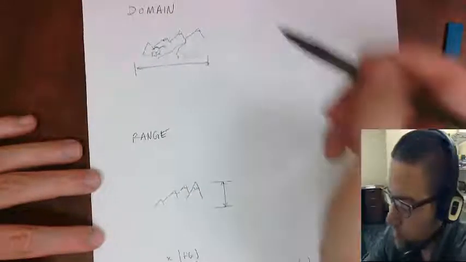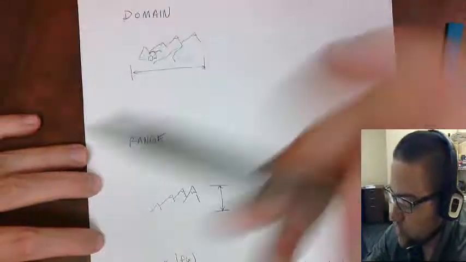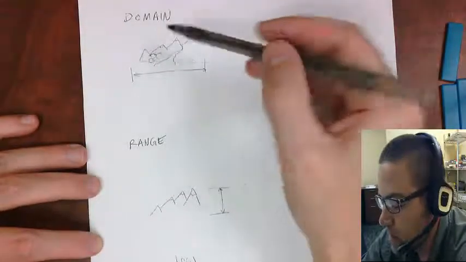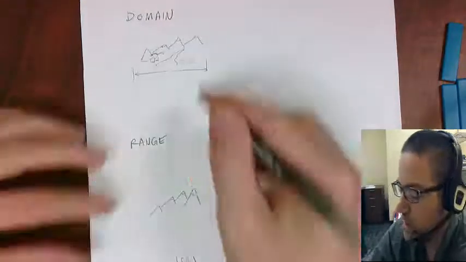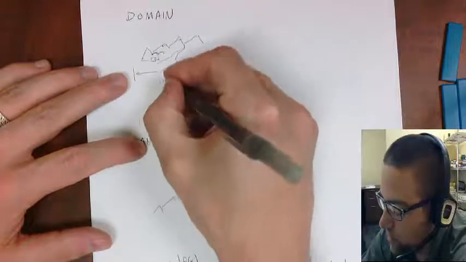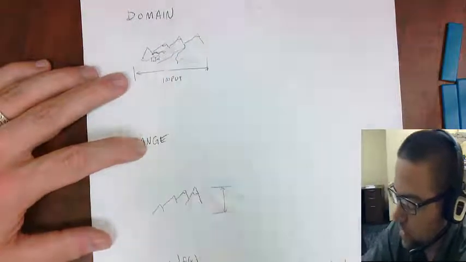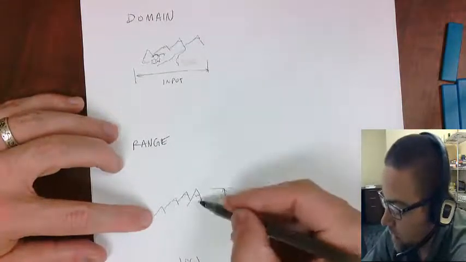Okay, just a quick definition of two words here. Domain and range are used as words to describe functions. Domain is kind of like where you live, right? I live in this domain, and it is the input values. It's kind of like where you live. Range is the possible outcomes, and this is